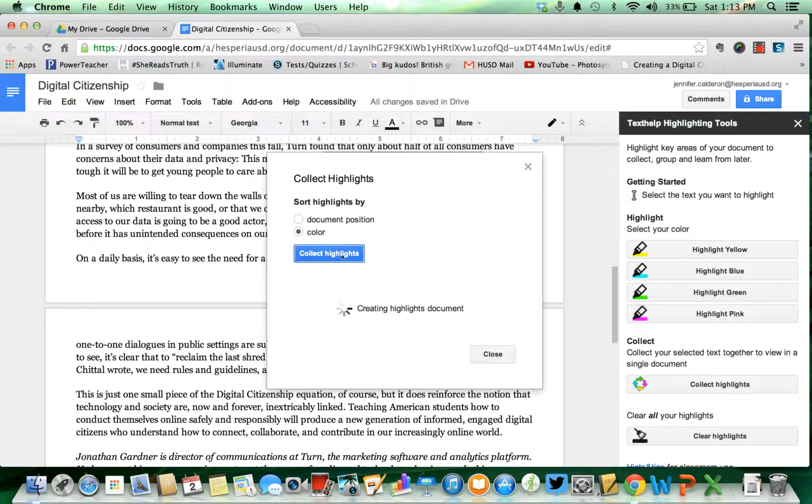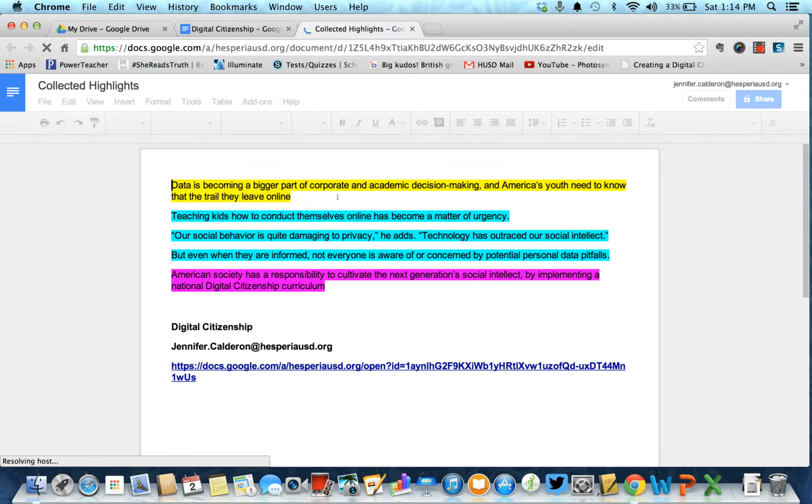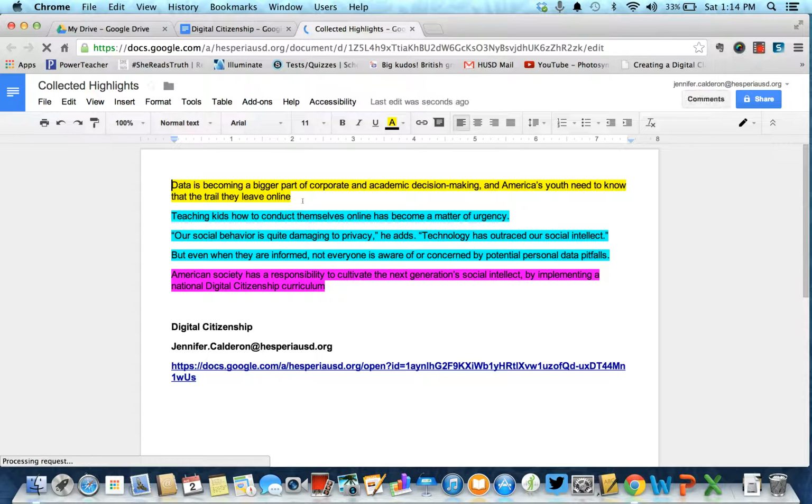What it's going to do is collect the highlights. So it's going to create a new separate Google Doc. You just click where it says click here and it pops up into a new automatic window. So what you can see here is it eliminates the rest of the text and it actually just pops up the highlighted text in one specific